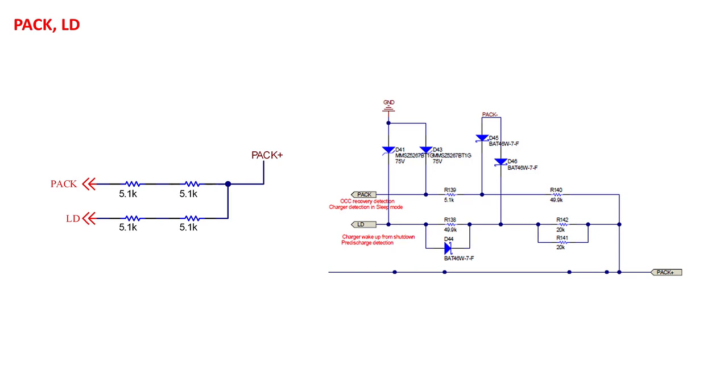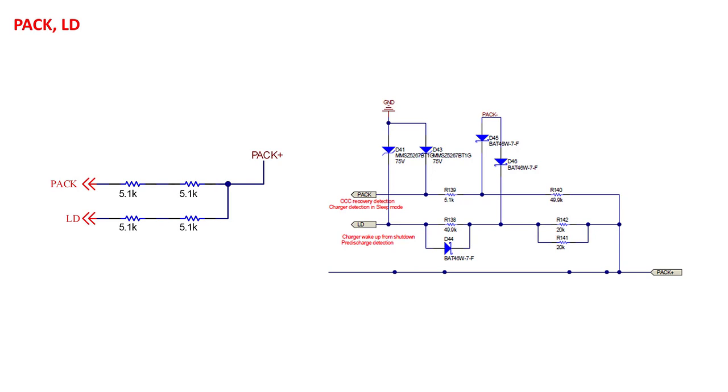In a series FET configuration, these should normally connect through 10 kΩ to PAC+. Two quarter-watt resistors are used on the evaluation module to spread the power dissipation in the event a reverse charger is connected. High-voltage Schottky diodes are also used on the evaluation module, but are not populated for the reverse charger polarity situation. If high-side FETs are not used, the LD pin can still be connected in this way, or it can be connected to VSS.